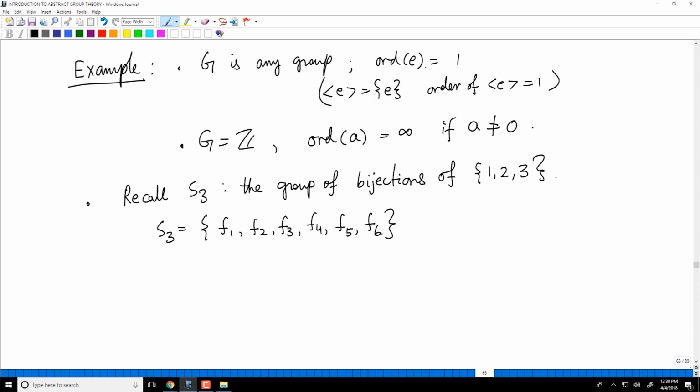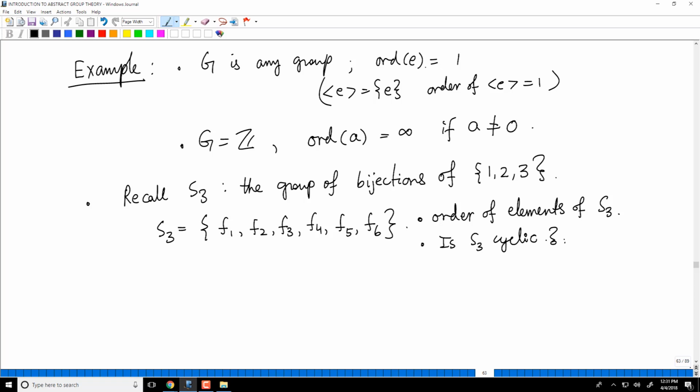So I would like you to compute orders of elements of S3 and answer the question, is S3 cyclic? I won't do the details and I'll let you do the work. You can pause the video here and do the calculations, but I'll give you the answer for you to check.